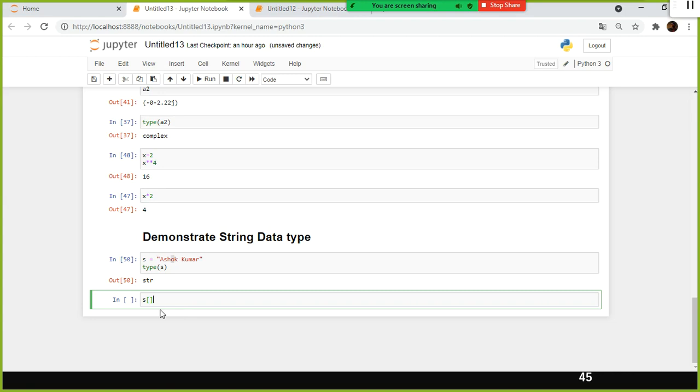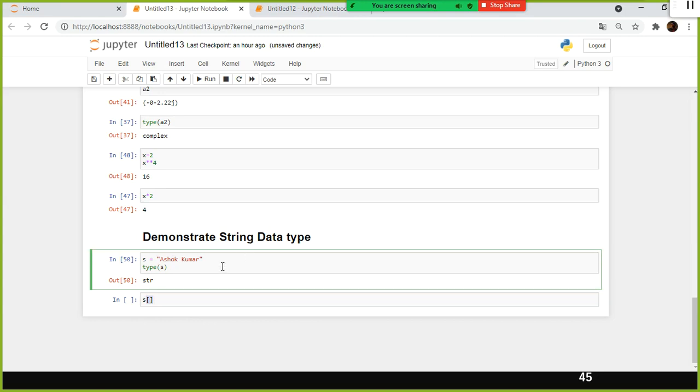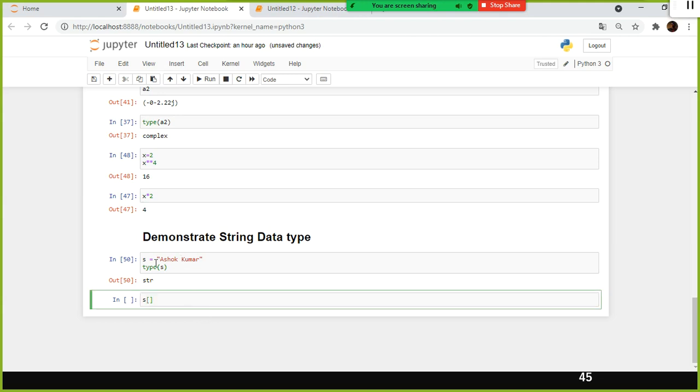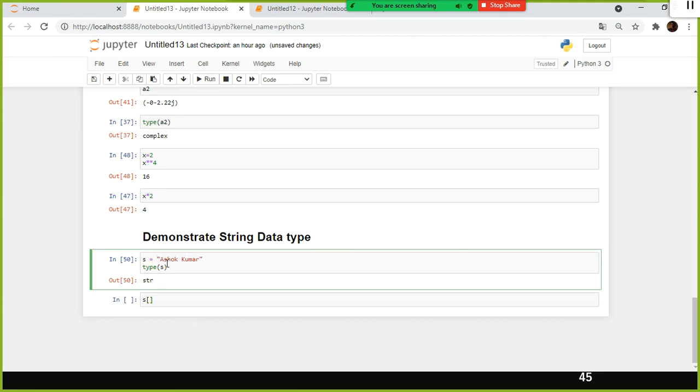We use something called square bracket. The square bracket is to take a specific value from a string or any other data type, in the case of collections, data structures. If you want to select or fetch only a specific string or a range of string, instead of fetching O alone, for example, if somebody wants to select these three values alone, how can I do that?